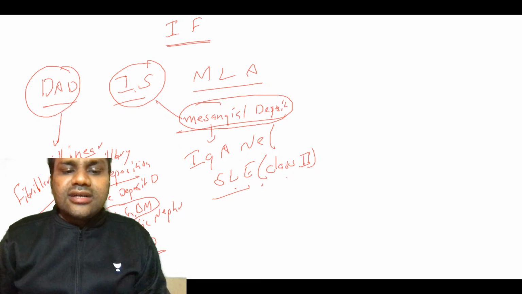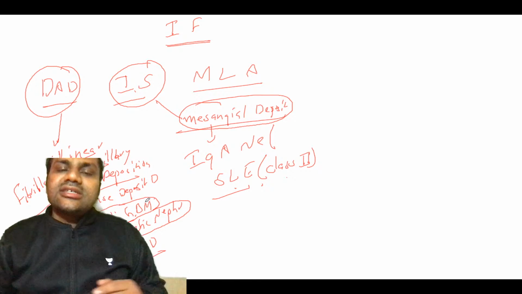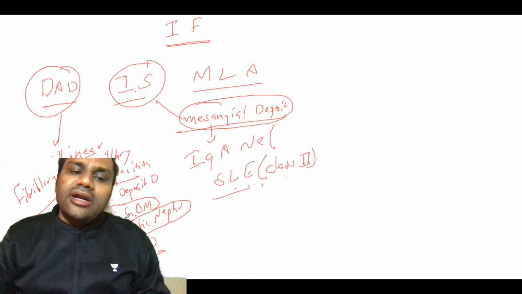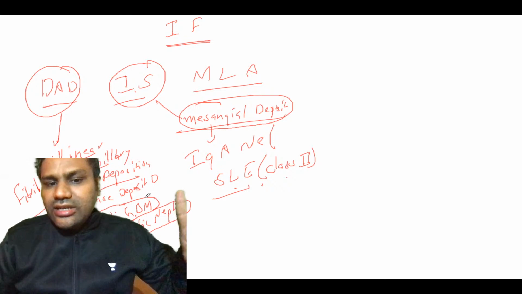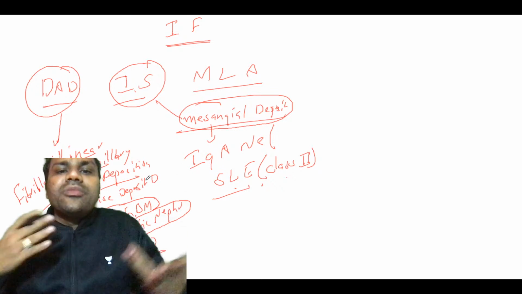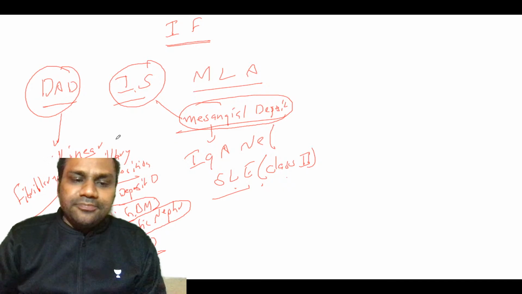Here, on this side, anti-GBM is basically IgG deposition. Diabetic nephropathy is also IgG deposition. So how will you differentiate anti-GBM from diabetic nephropathy? In diabetic nephropathy there will be deposition of albumin also, but in anti-GBM there will be deposition of IgG along with C3. In diabetic nephropathy there will be IgG along with albumin. So this is very important.